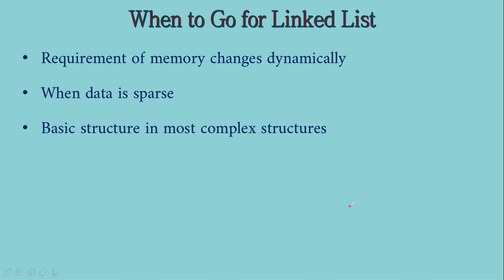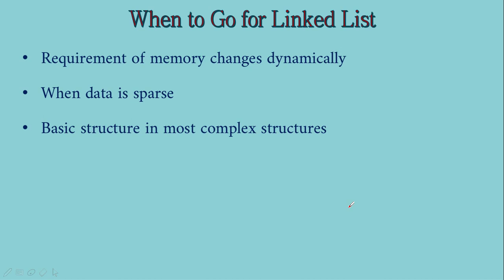Someone else will be using your ADT, and his requirements may not be predicted by you at all. His memory requirements, the size of the data, everything is going to be decided by him only. If the memory cannot be predicted by us, and it is going to change dynamically, then we have to go for linked list,